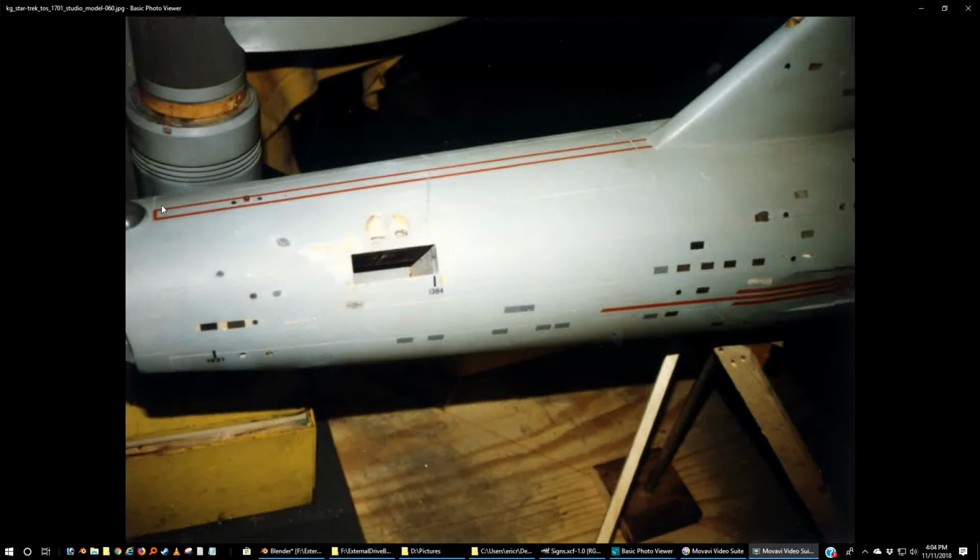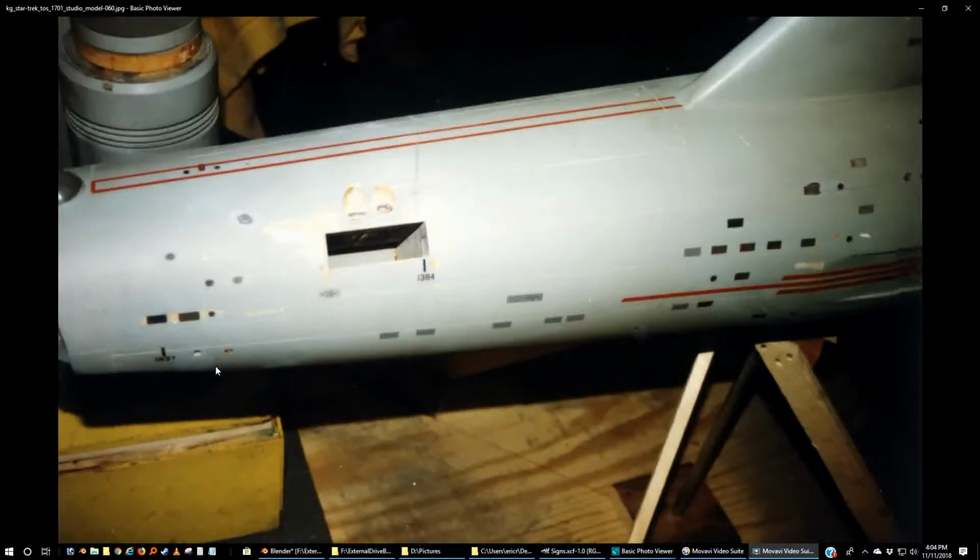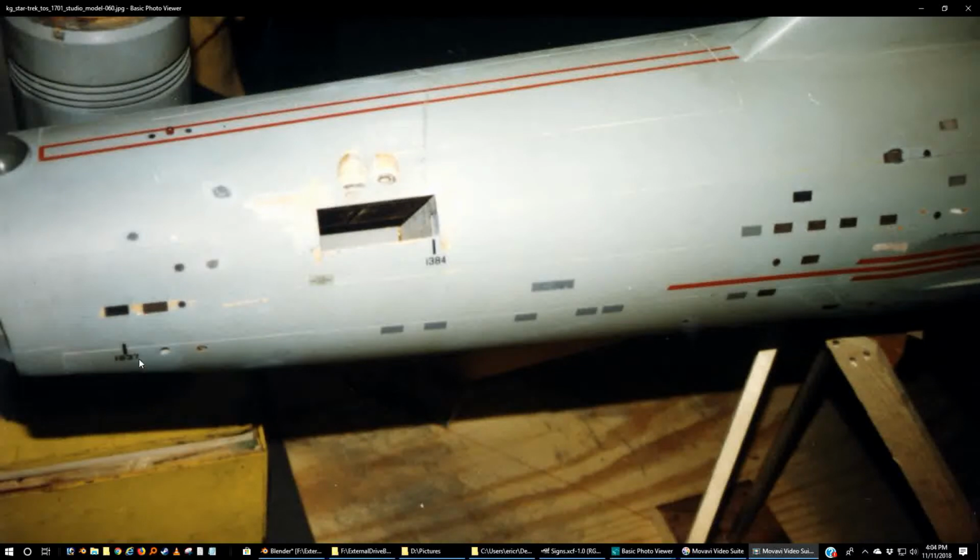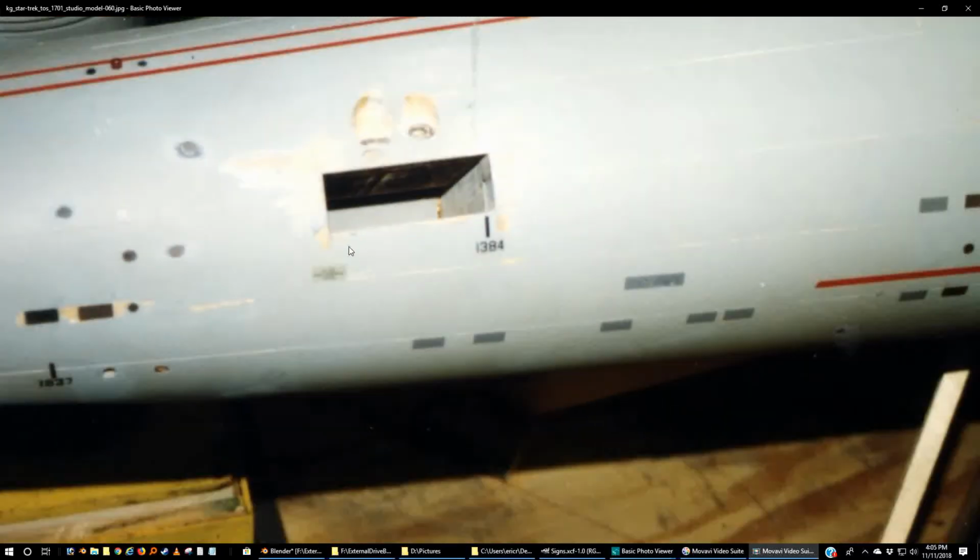Here you go. So here's that what I always thought was a dual red stripe going up and ending underneath the back of the neck. But it comes and stops and is squared off right before the navigational beacon. Now, you can actually a little more clearly see the 1837 here and the 1384 here. And although it's hard to make out what it's saying, there's a section here